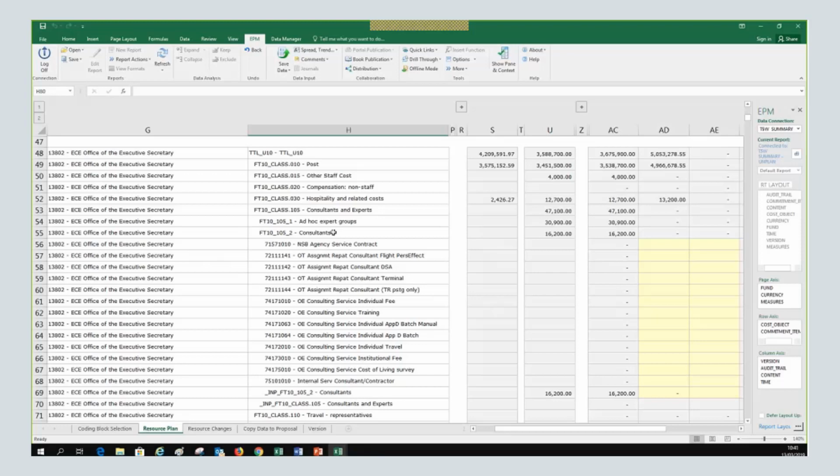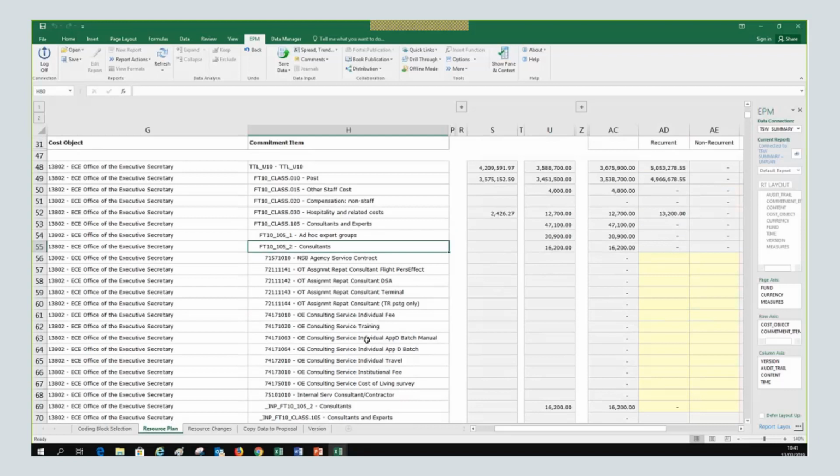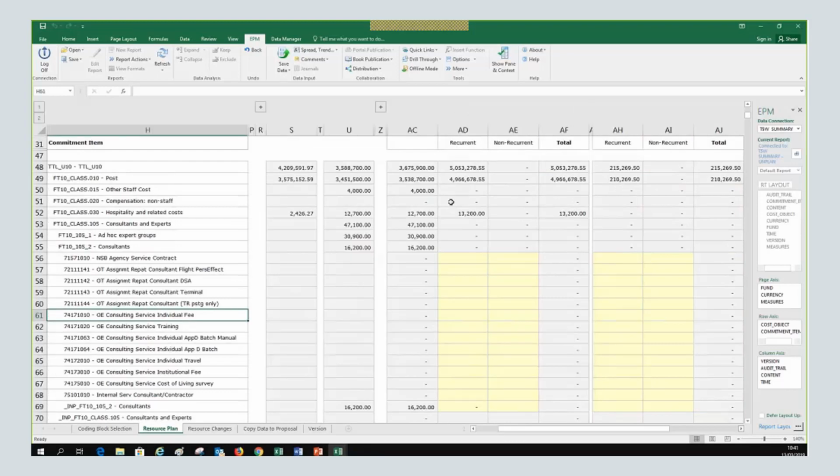And this will go to the commitment item that is called consulting service individual fee, for example. Let's say that we have to budget for $20,000 for this one, and then it can be recurrent or non-recurrent.